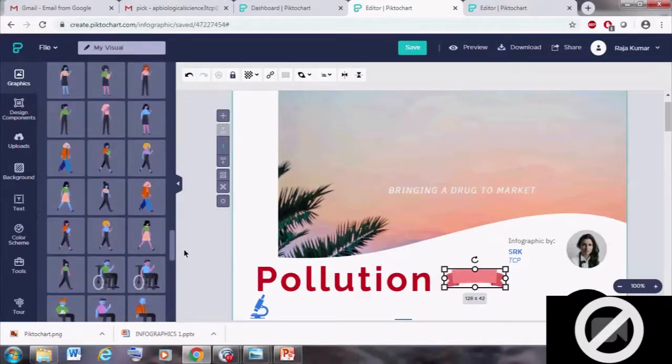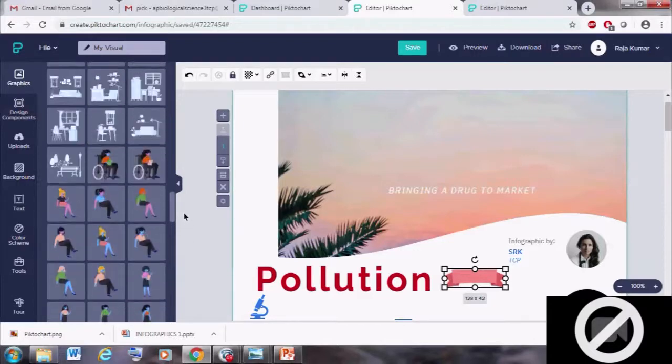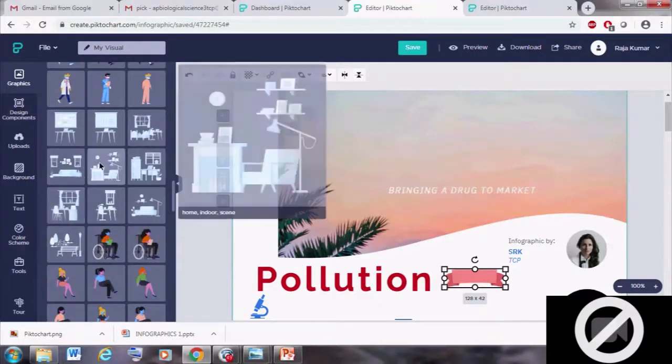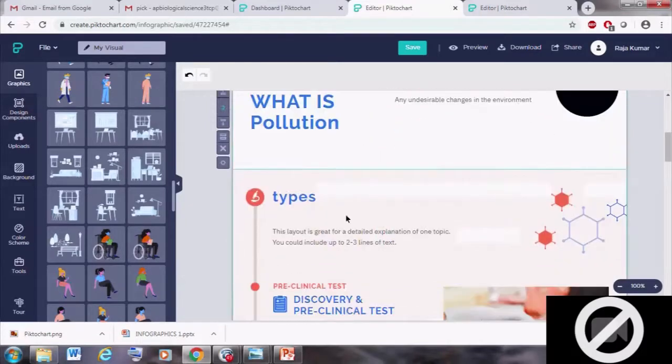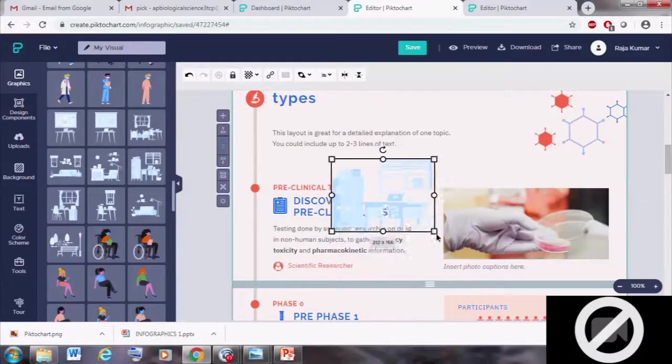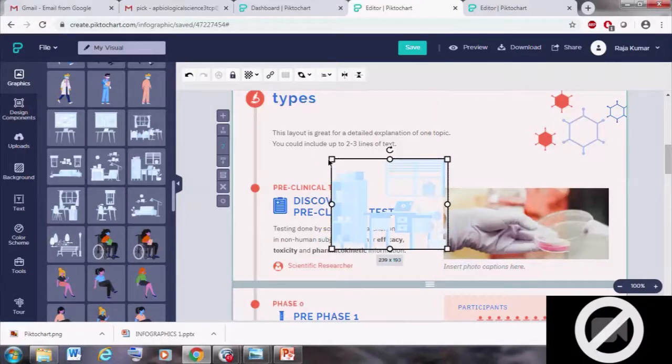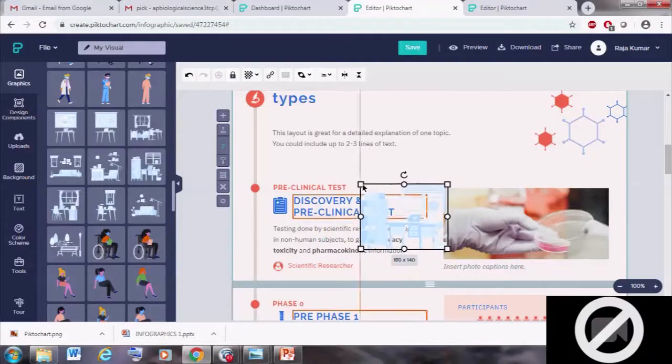We can choose this illustrated picture, and we can enlarge and minimize the picture by dragging or increasing like this.